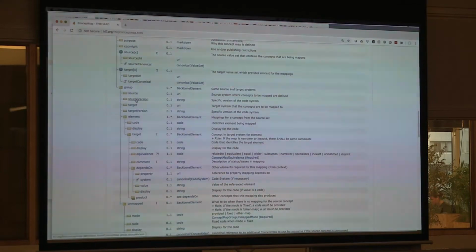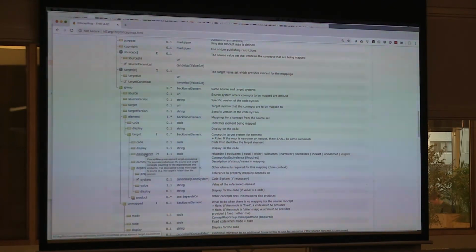We basically declare source and target value sets that give us our context for how we're doing maps, and we basically specify, when we get into the element, the source concept, the code, and we can also give it a display. And then we have the mapping targets, with, again, code and display, and also a relationship,